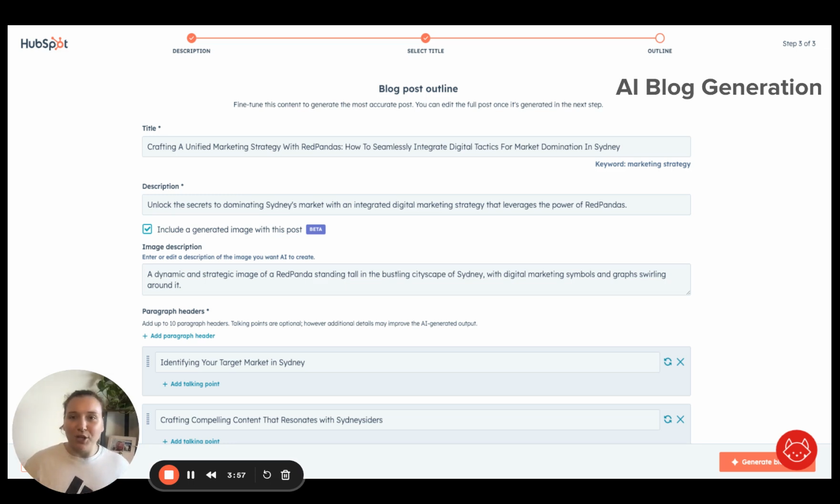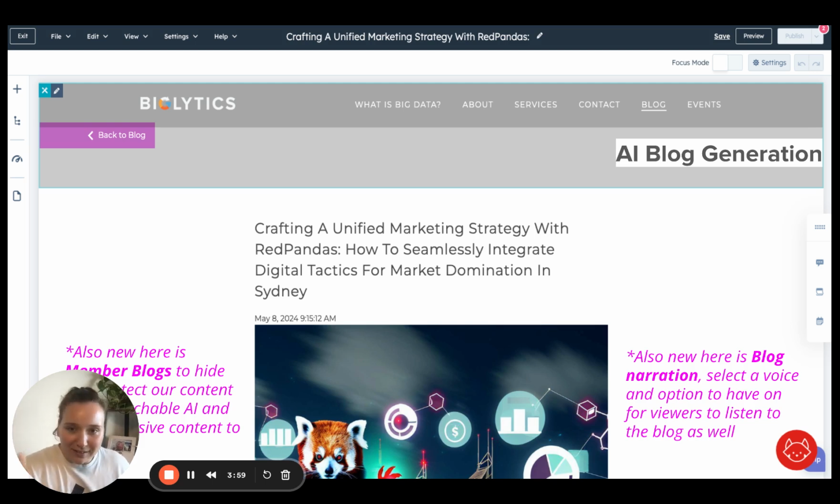Once you've done your blog generation, it will literally spit out a blog for you. This has also spat out an image for me. And on blogs, you can also now use blog narration. So select a voice and an option to have viewers listen to your blog as well as read. And there are member blogs, which hide content from searchable AI, cookies and tracking, and allow you to have exclusive content